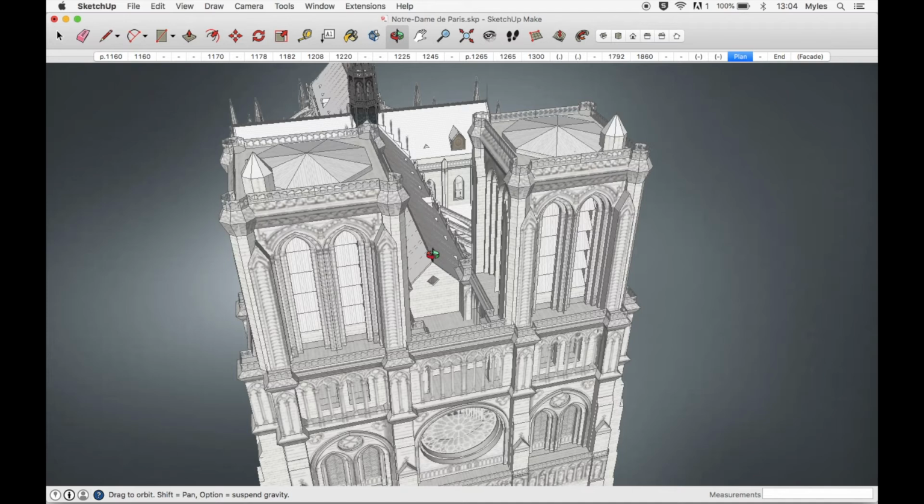There are two goals to my model making process. The first goal is to create the most amount of detail possible with the fewest number of polygons, because that allows the model to be viewed and enjoyed and displayed online. The second goal is to save me time by creating the largest and most detailed model possible in the shortest amount of time. Now, both of those goals are accomplished through components and through what I'll show you here,